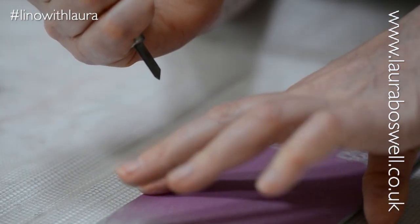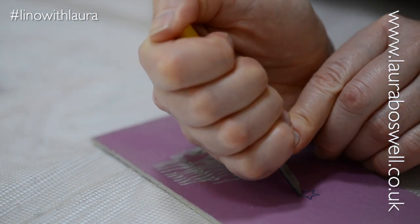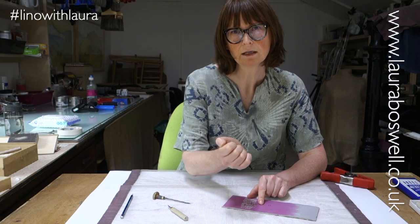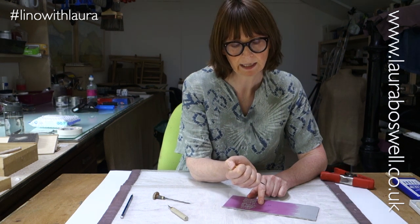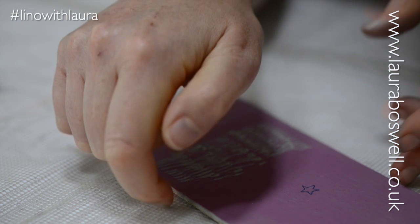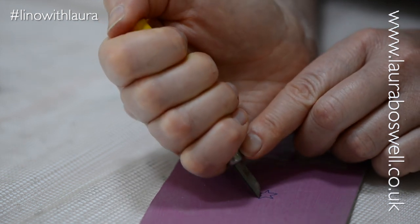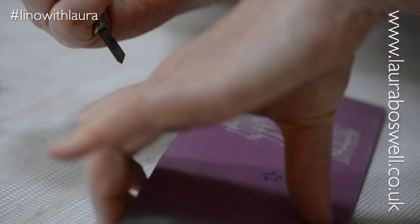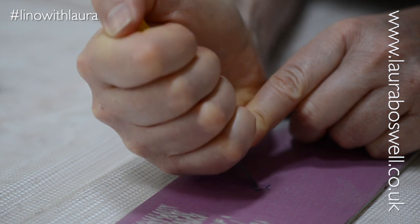the trick to remember is that the bit of the lino that's going to print needs to be under the hand that's doing the cutting. If you remember that, then the slope of the blade will always be away from the work that's going to print, into the space that you are clearing out, and it will make for a much more stable cut, and it means you can avoid accidents. So the bit that's going to print, which is the outside of the lino, is under the hand that's doing the cutting. So my blade is always pointing into the middle of the star because that's the bit that's coming out. Okay. So I'm just taking my time and going round, and here we go, the lino's starting to lift